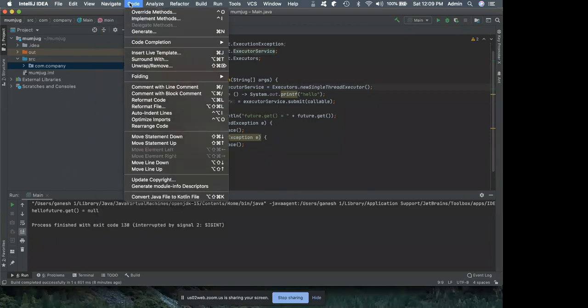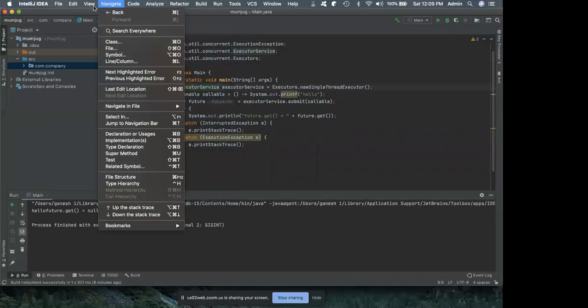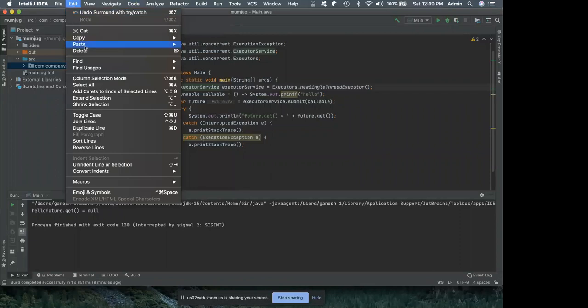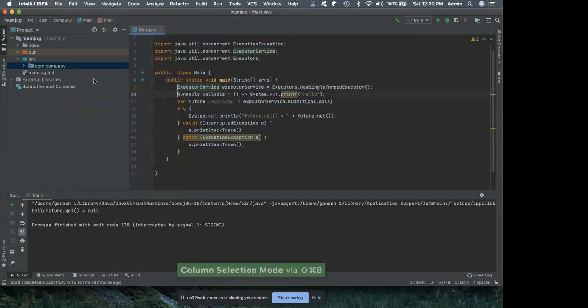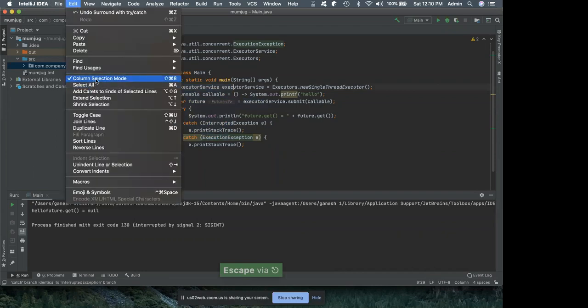Okay, where is that option for vertical select? Someone asked in the chat whether it's there for Windows. Column selection mode, this is what you are talking about, right? Yeah, this is quite powerful. You can copy paste it. But Surji asked whether it's there in Windows. It's best to check the documentation. Have any of you tried it? So this is here, in Edit, Column Selection Mode. Can you see what the shortcut is and if the option is there?